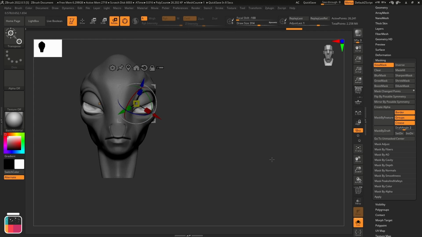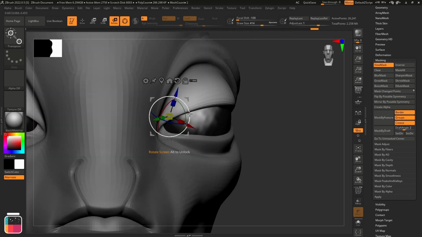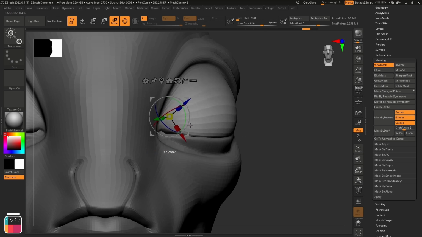We will create a blend shape for closed eyes by slightly raising the bottom eyelid and lowering the upper eyelid.